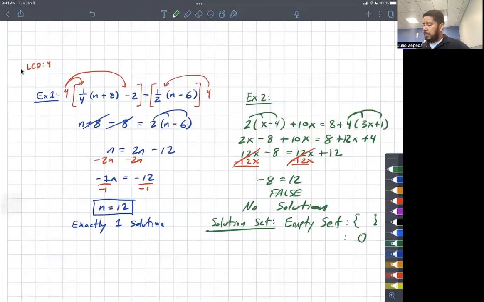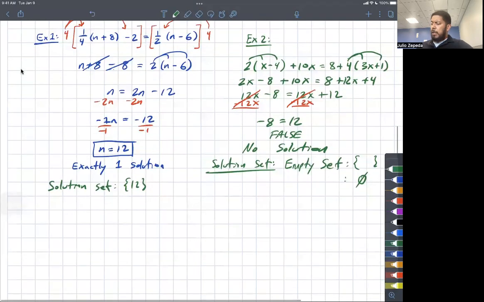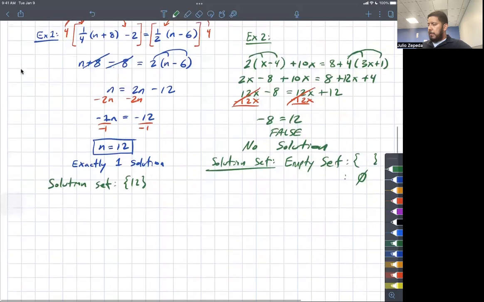Another notation for the empty set is, it looks like a 0 with the line through it. The solution set for example number 1, if we wanted to write that out, is just the set containing the value 12. It's just a set of one value. So normally it's not written that way for when you have one value, because, well, you could just write the number n equals 12. That's your solution. Okay, so